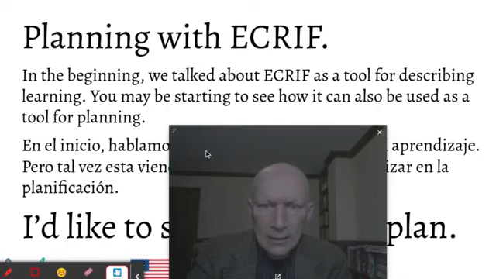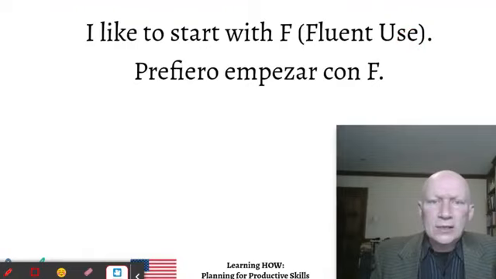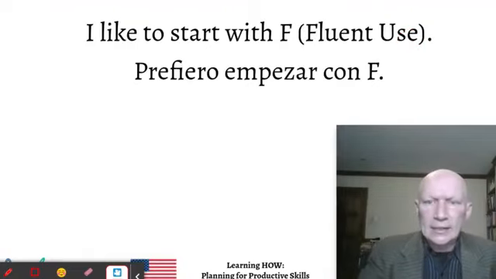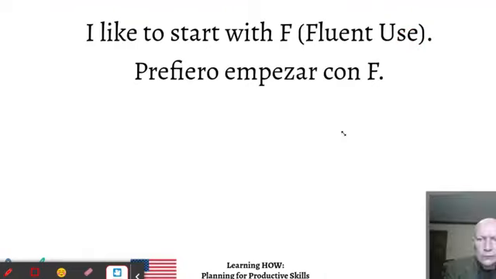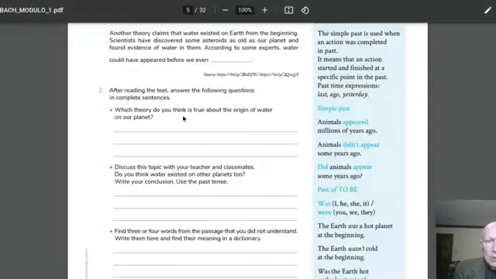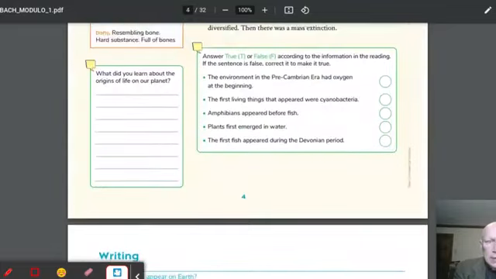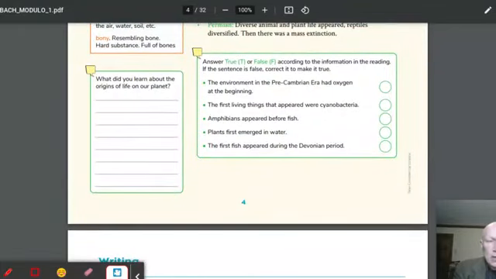And then I like to start with the fluent use activity. Now, to choose a fluent use activity, I have to decide on the language topic and on the context. So to do that, I often go to my textbook, or in this case, I'm going into the Módulos del Ministerio de Educación, because that's something I know a lot of us use, and I'm looking at Primero de Bachillerato